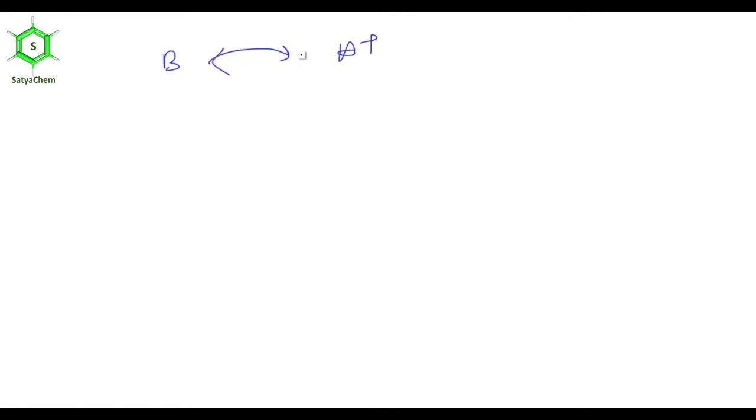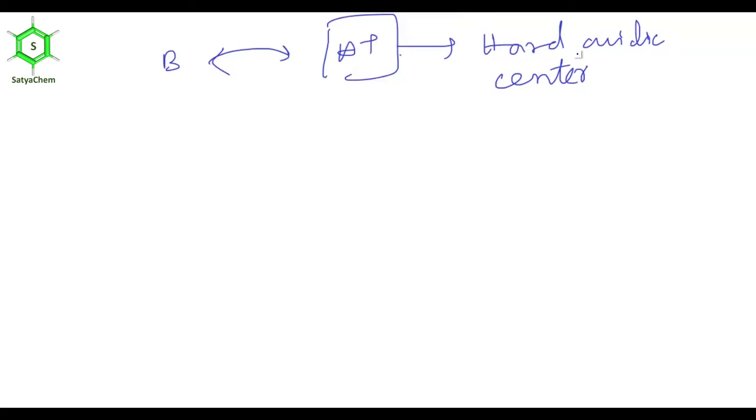So you can say positive charge density on H plus is very high. So we can consider it as a hard acidic center. Clear? But C delta plus, carbon is comparatively larger than hydrogen, and here delta positive charge is present, not full